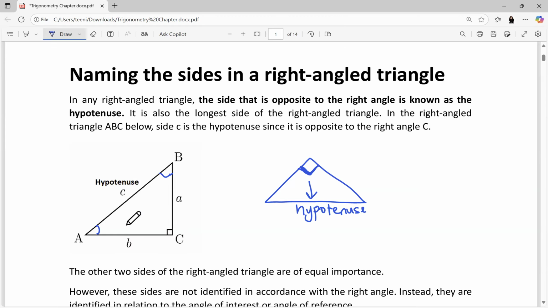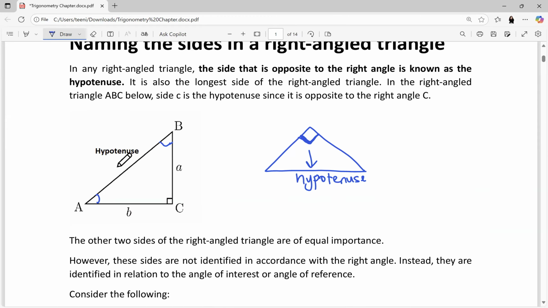All right. So the other two sides of the right angle triangle are of equal importance. However, you see how we identify the hypotenuse in relation to the right angle? We know that the hypotenuse is the side that is opposite the right angle. Well, the other two sides are not named according to the right angle. They are named according to our angle of